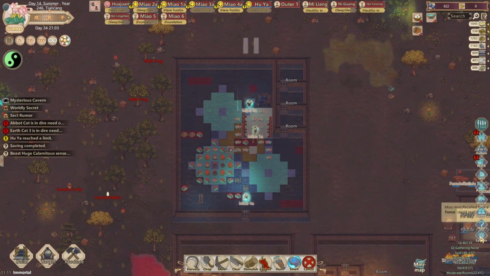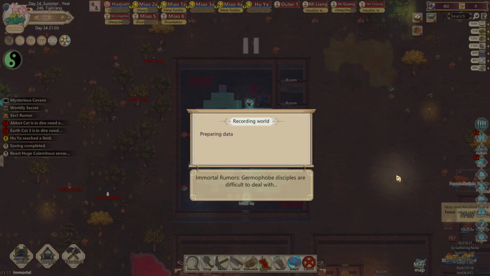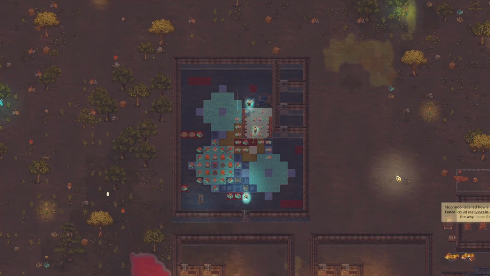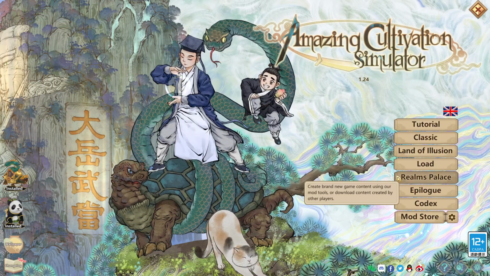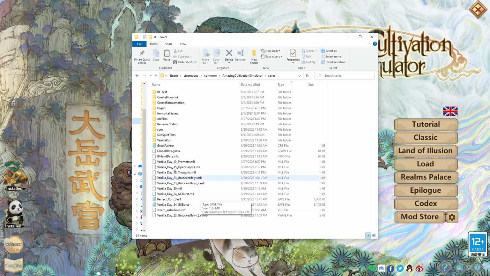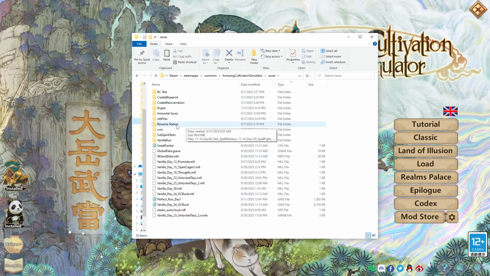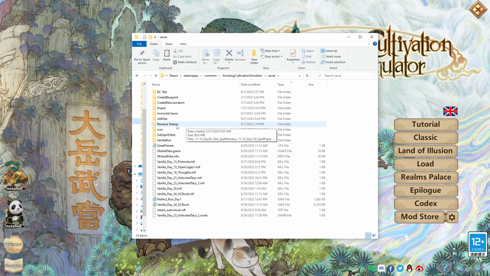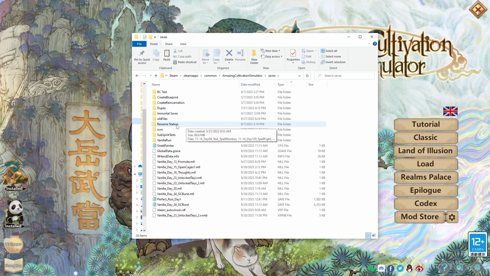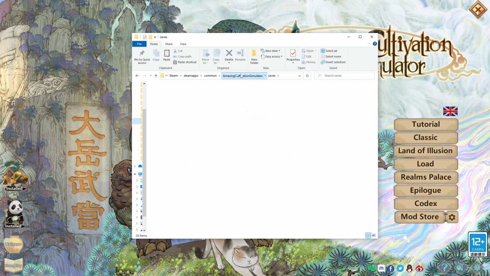So since I've explained that, I'm going to go back and actually add in this mod that one of the people in the Discord created, and he's a very helpful person in the Discord. He created a lot of mods to be able to see this stuff in action. However, it is a very laggy mod, so it's not something that you would download, but it's something that I have thanks to this person,